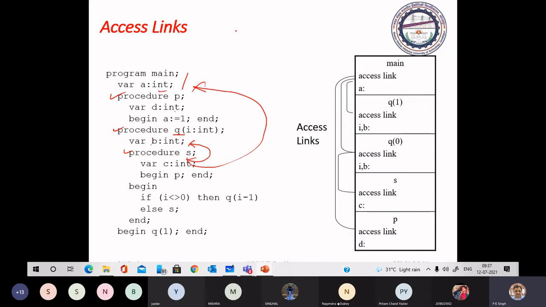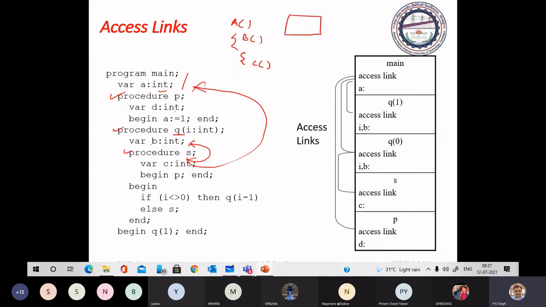Now suppose you define a function A. In this function you have defined B. In this function you have defined function C. In that case, for the access links, you must have the activation records like this.